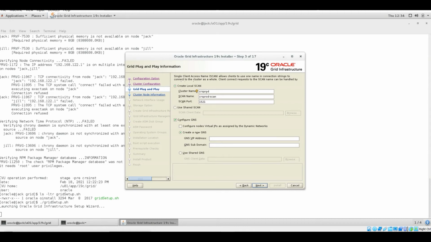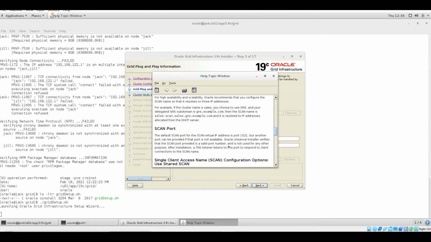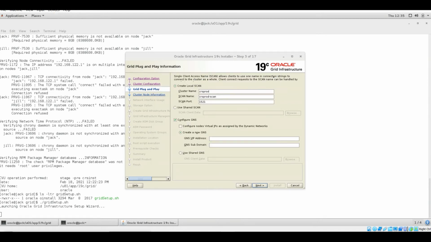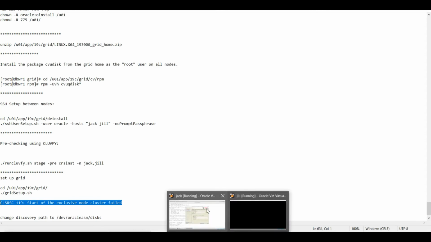You need to remember one thing, that your cluster name should not be more than 15 characters. I'm not sure whether this is given in here or not, but if you are giving more than 15 characters, your grid installation will be failing with the error code CLSRSC-119, start of the exclusive cluster mode failed. This will be failing when your root.sh runs, in step 16 while starting the init process. So you need to take care that your cluster name is within the limit.